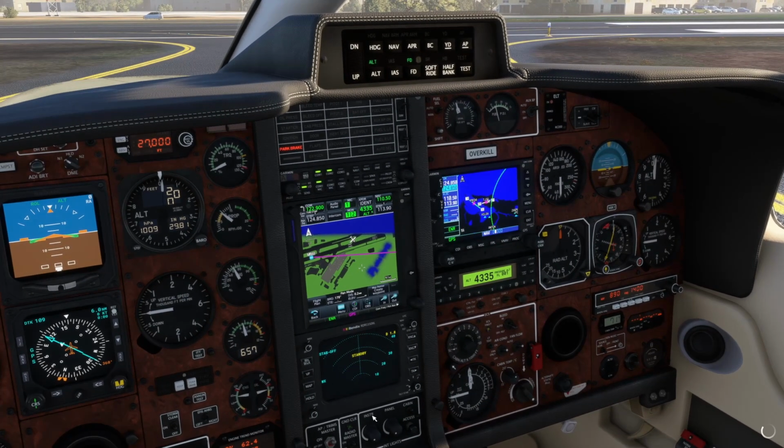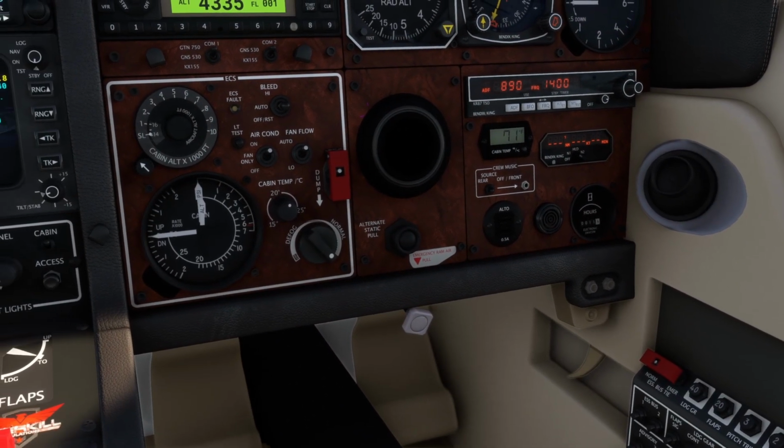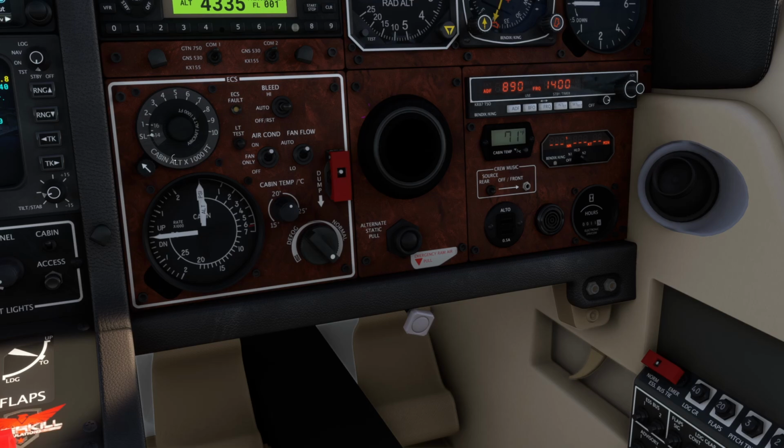And the last thing we'll do before we take the runway is set our pressurization. So in our case, we are flying up to 27,000 feet, so we've got cabin altitude and aircraft altitude. You want to set your pressurization to 1,000 feet above your cruise level. So we're going to roll this all the way over to 2.8. These are in thousands of feet. So there's 2.6 and